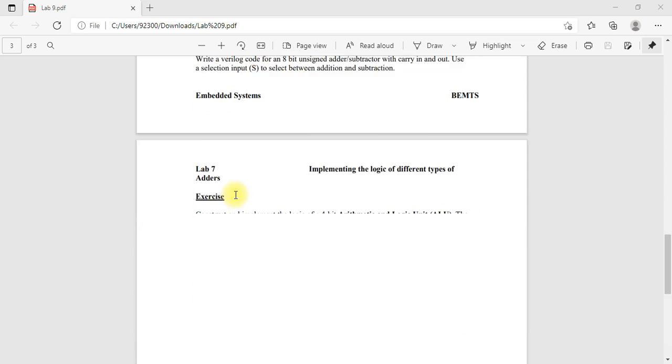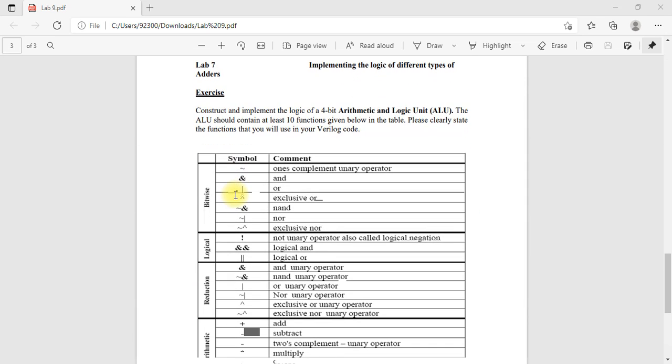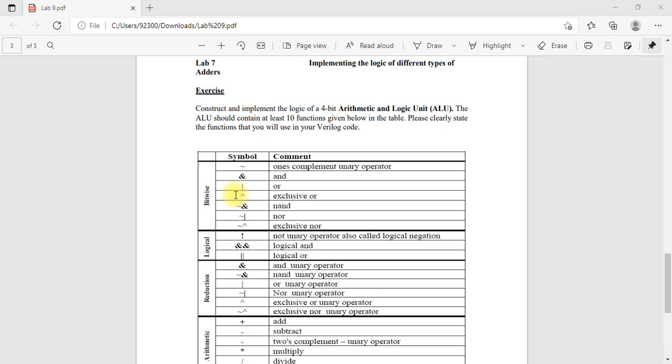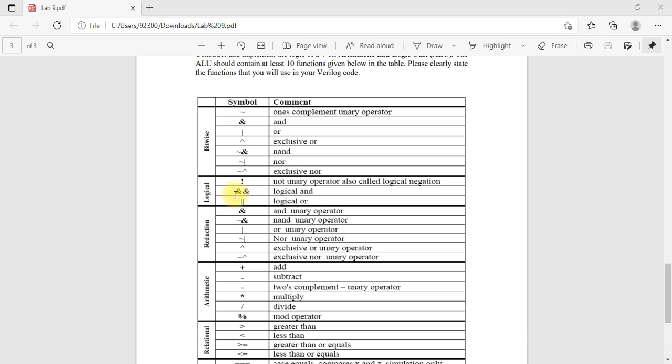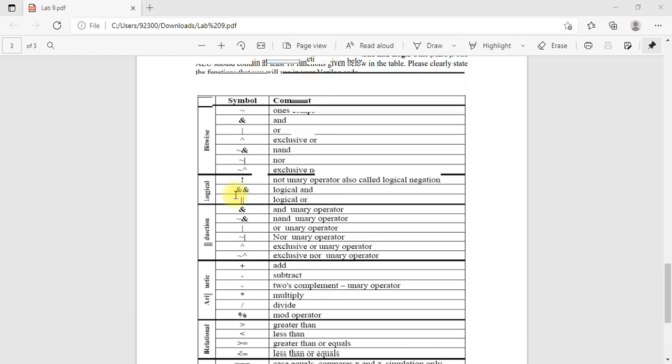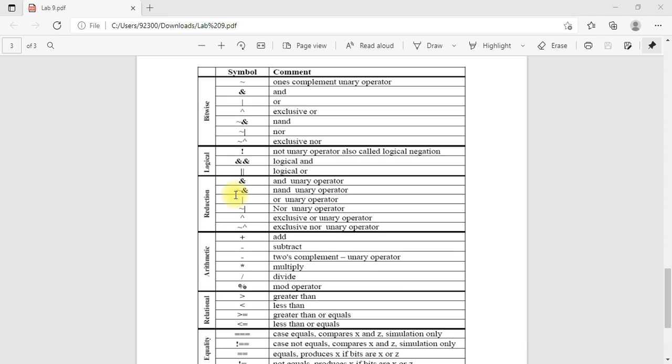And at the last, our main task is to design an 8-bit ALU which will implement any 10 of these operations, which include complement unary operator, AND operation, OR operation, exclusive OR, NAND, NOR, exclusive NOR. All these operations we have already discussed in our previous labs, and it is feasible for you to check out my previous videos regarding the labs, where we have already implemented all these kinds of operations.